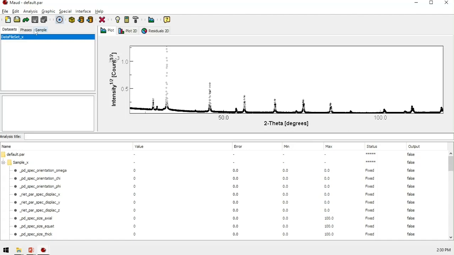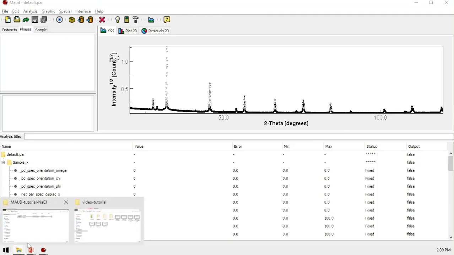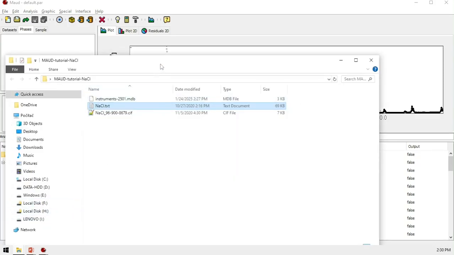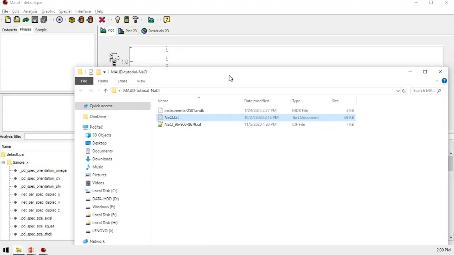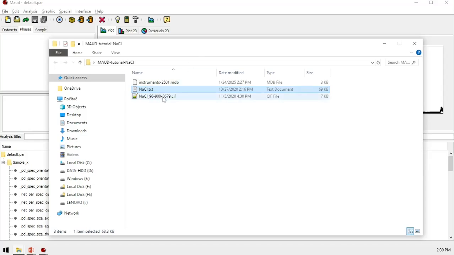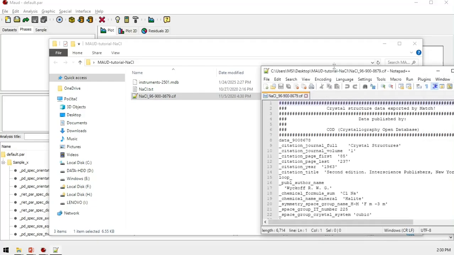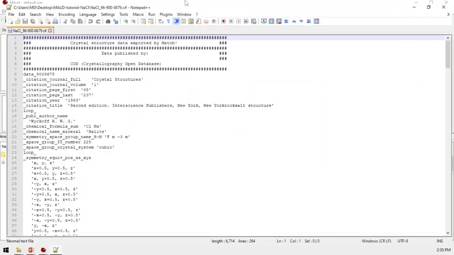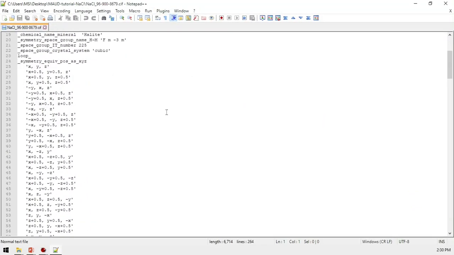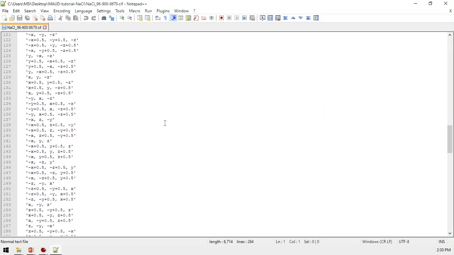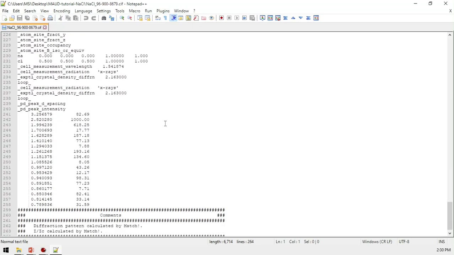Okay, in the next step, we will import the crystal structure. So I will import the sodium chloride CIF file. It's quite tricky, but basically it's the standard crystallographic file.